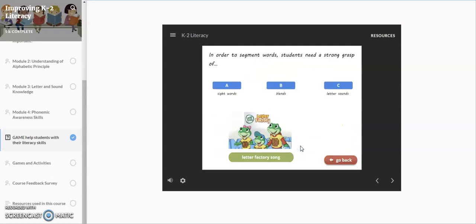Question number 2 is about segmenting words. What do children need a good grasp of? Sight words, blends, or letter sounds? A would be incorrect, B incorrect, C, you get to give yourself 10 points. And at the bottom there's a song from a Leapfrog video that really helps students to remember which sound goes